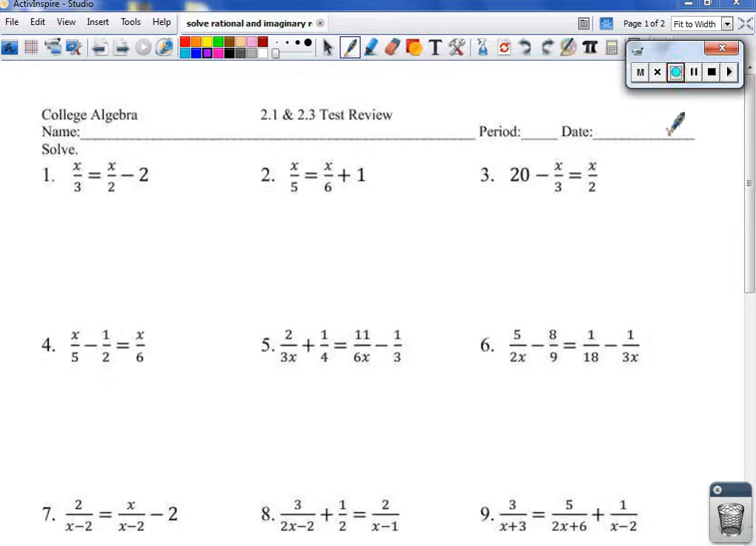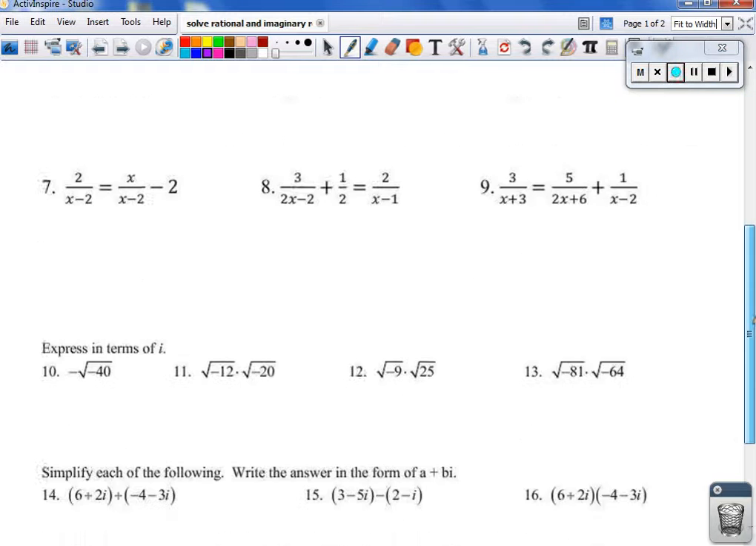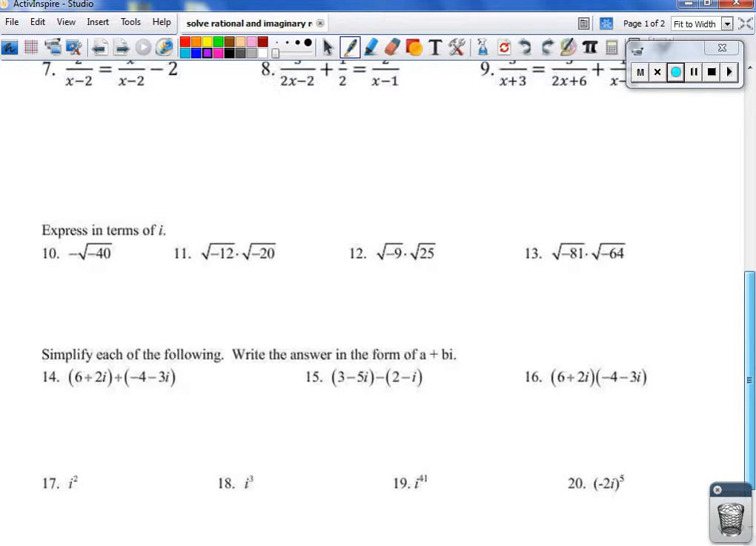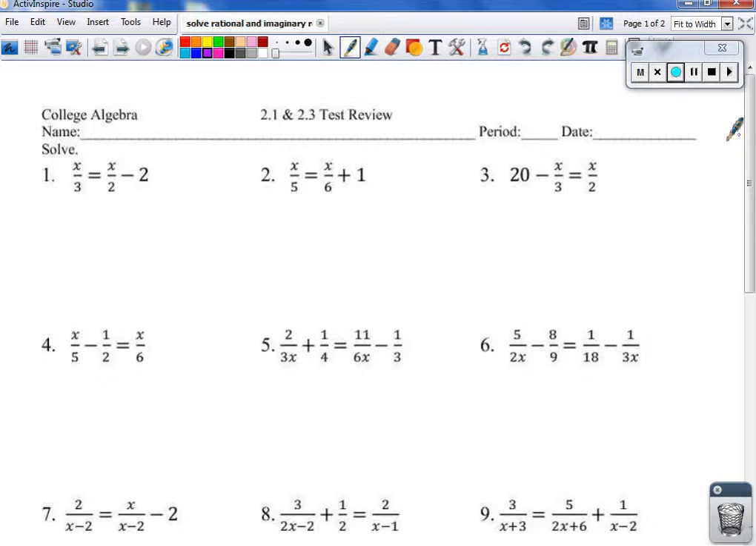Okay, so this paper is basically for my own students, for my own class in college algebra, about solving rational equations and then some i stuff, imaginary number stuff at the bottom. But for the most part, it's solving rational equations and a little bit of i. Okay, so we have to remember when you're solving rational equations that the whole deal is trying to get one fraction on the left side equal to one fraction on the right side, so that you can cross multiply